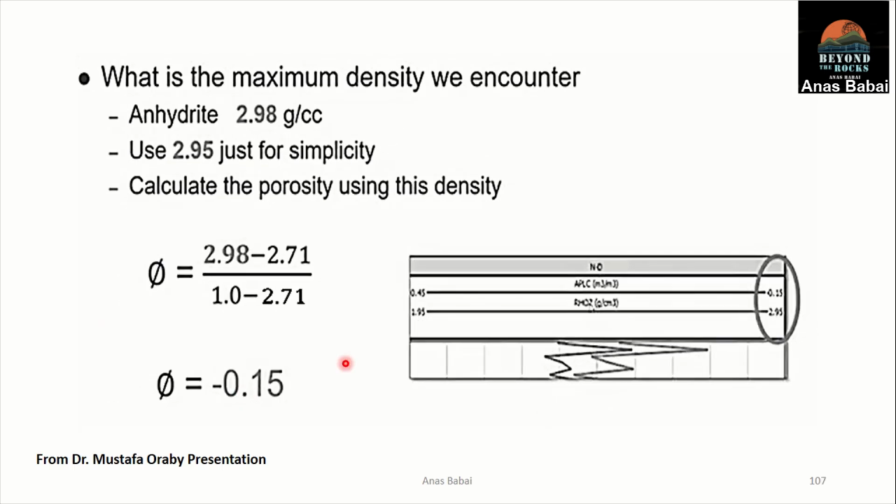Now, for the other side, what is the maximum density we can get? As we said, it's 2.98 for anhydrite. Let's use 2.95 just for simplicity reasons. We substitute that in our equation to get the porosity. We do the math, and we can find the porosity value,